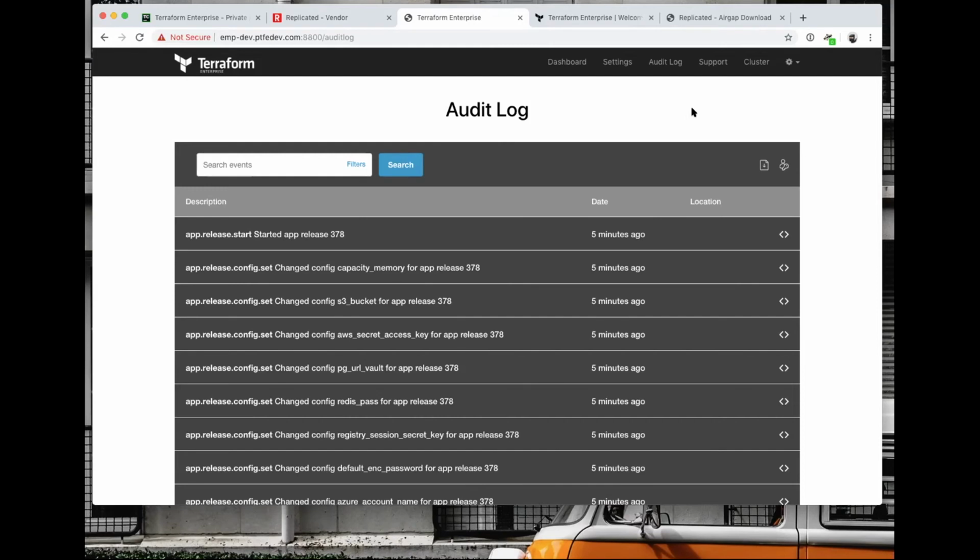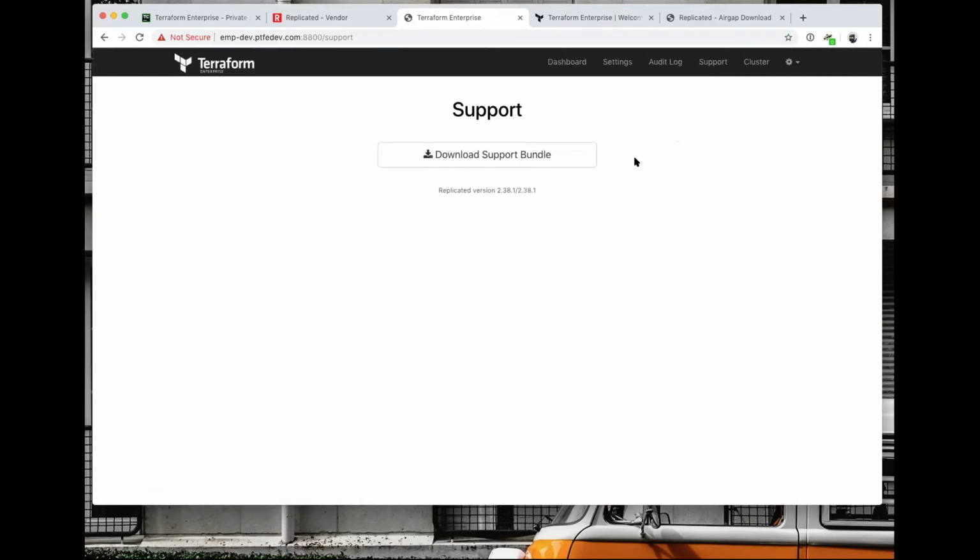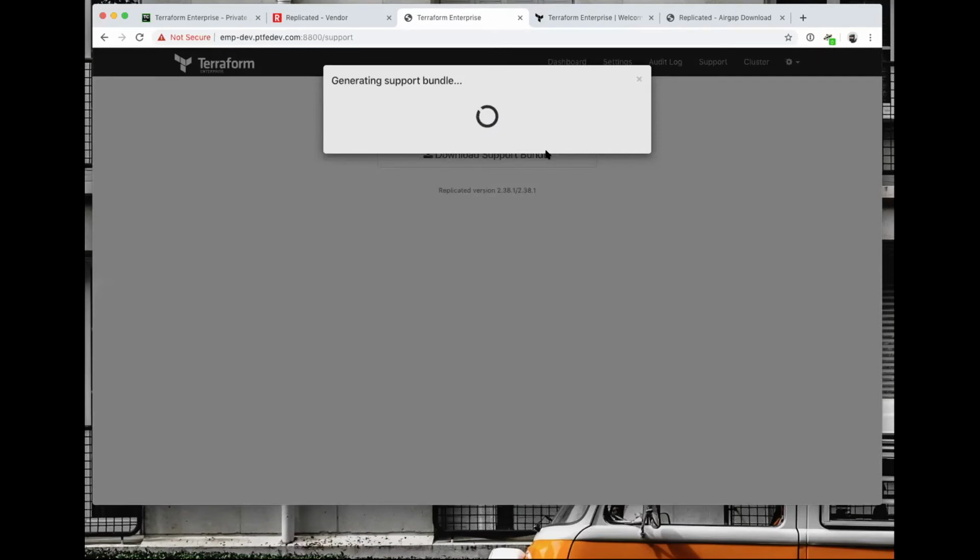Then click on support. This is where you can download that support bundle. On this screen you can also put in some markdown if you want, but that's not a big deal. The support bundle is how your customer can generate that from the UI. As Evan mentioned, you can also run that from the CLI. This goes off to all those different hosts and containers, pulls that information and generates it. It does global redaction, so if you want to redact secrets and other things out of it, you can. Your customer can also run it through a DLP tool or manually inspect it and take things out before they distribute it to you. Just click X; we don't need it to download all the way.